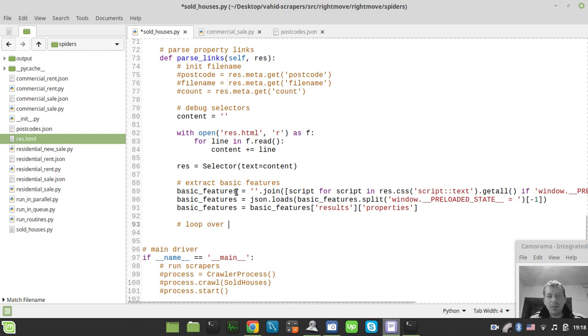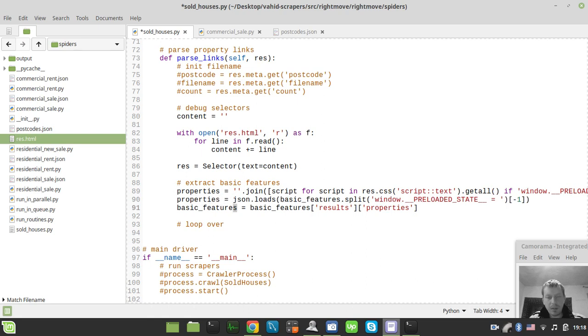It's better to call this properties. Let's call this properties. Yeah, because here we have properties at the very end. Okay, so this seems to be more logical. So now we can say loop over properties,